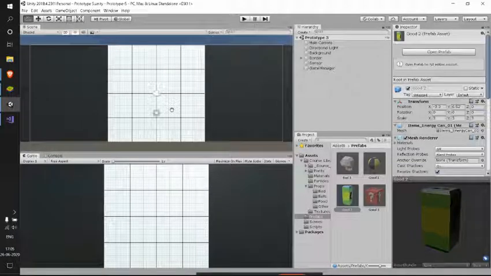So this is the time where we'll be implementing score, and in this process we will be knowing different things about UI in Unity. So basically, a score is a UI element. That's not a game object. We need to deal with user interface. And in our case, this is just a text.